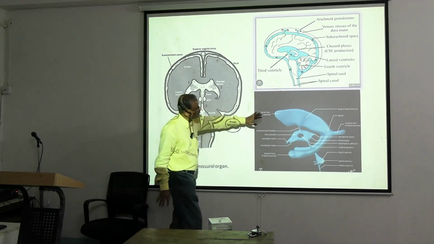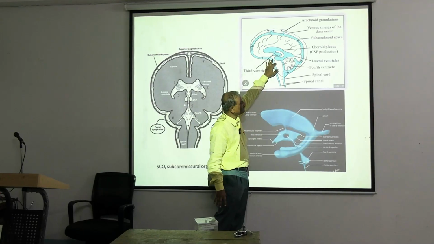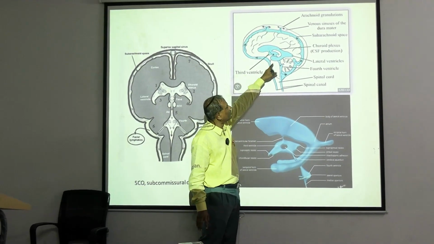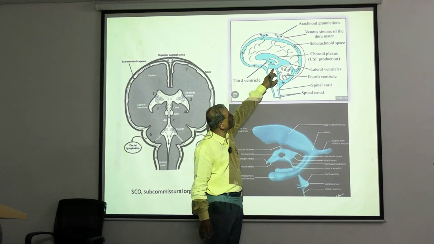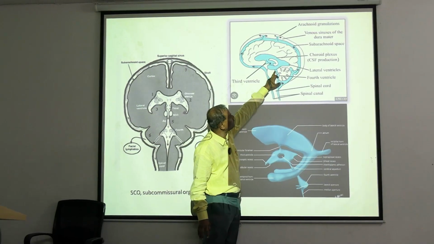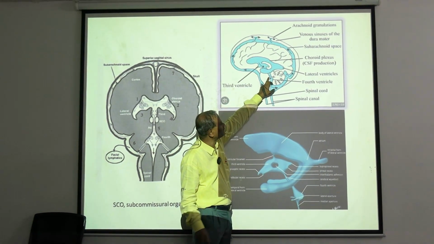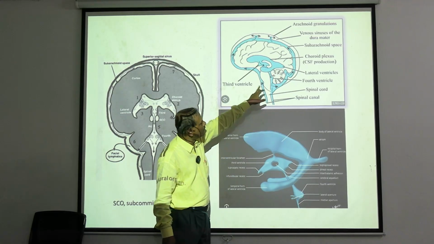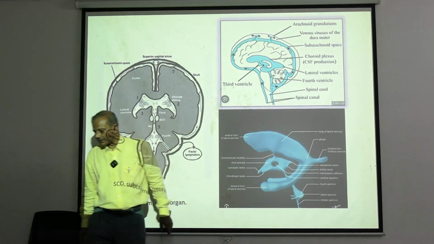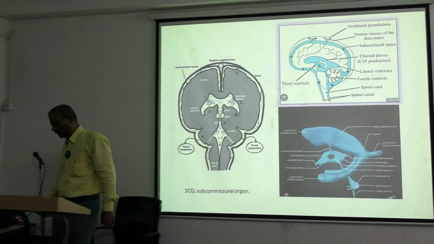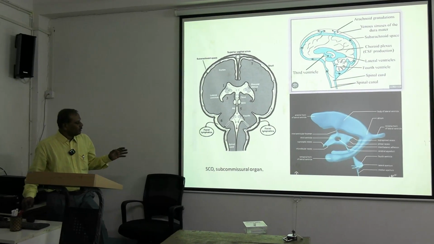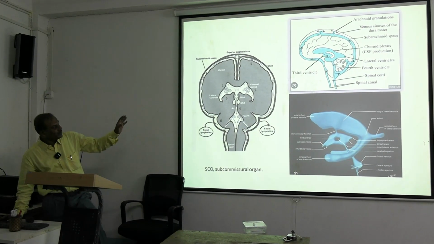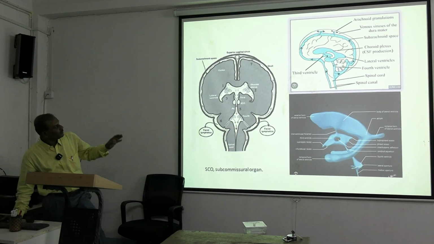Now this is a schematic diagram; you will read it in the anatomy book also. There is a communication between the lateral ventricle and the 3rd ventricle through the foramen of Monro. I will discuss that, and from the 3rd ventricle to the 4th ventricle again basically by another duct, that is the cerebral aqueduct. You read this a little bit from the anatomy book, it will be very clear.